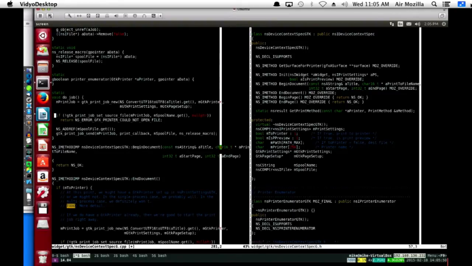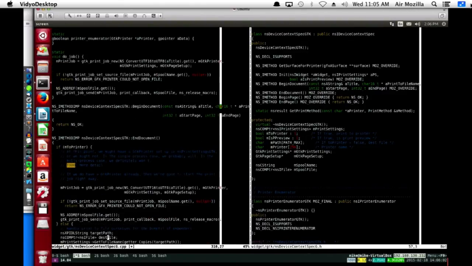So inside do job, we construct the title. What's a title? Where did a title come from? Oh, print job new takes a title. It was passed to begin document. We'll probably need to stash that inside the device context spec so that we can use it in end document.